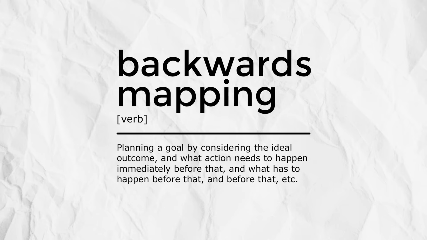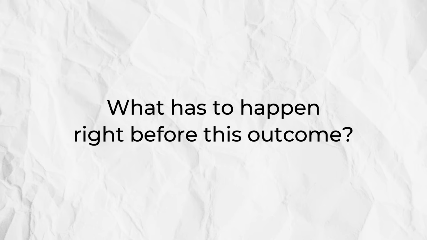The fourth technique though, when it comes to figuring out these action steps and breaking the goal down, is what I call backwards mapping. This is essentially taking the outcome that you want from a goal and considering the thing that has to happen right before you get to that endpoint. What's the thing that you need to do or have happen right before you achieve that goal? Once you know what that is, what's the thing that has to happen right before that? And the thing that happens right before that one? Essentially, we're taking that final outcome that we're striving towards and working our way backwards to consider all of the little milestones and things that need to happen before we get to there.